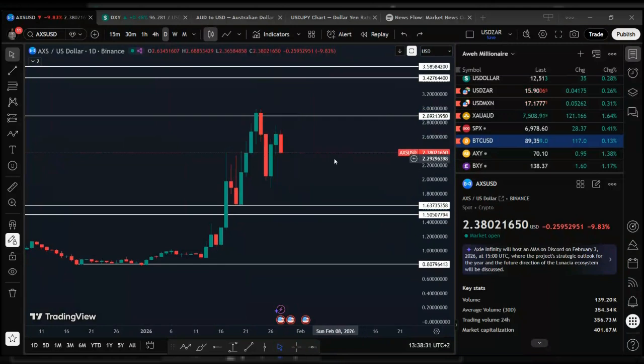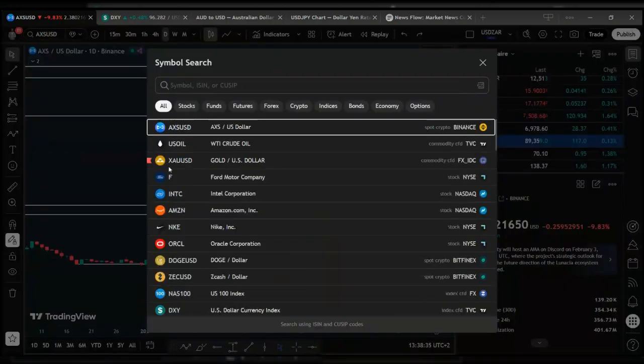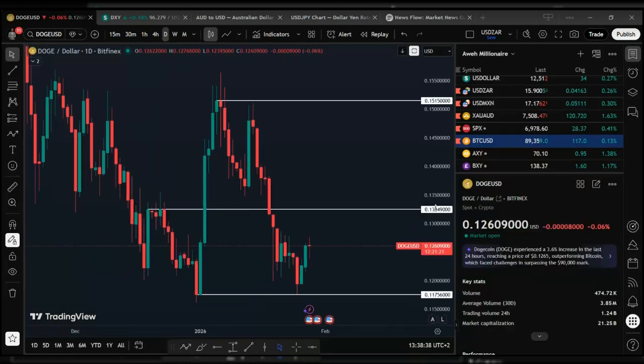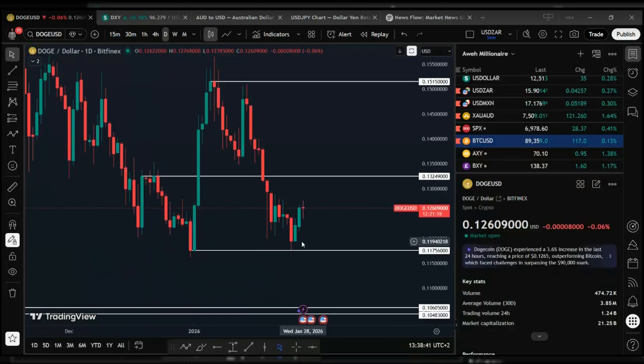Then next we'll have a look at is Dogecoin. So Dogecoin, as you can see, price trading in our range here. We can see price came down to test our major support here at the 0.1175 level and has bounced off this level, where we could see either a minor pullback in this downward momentum,